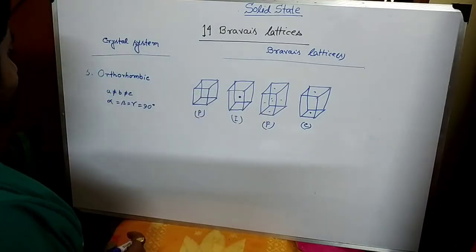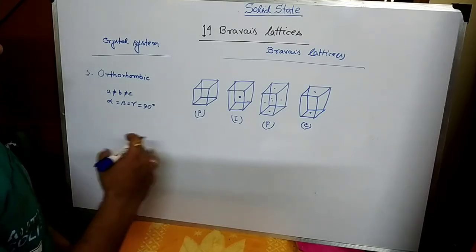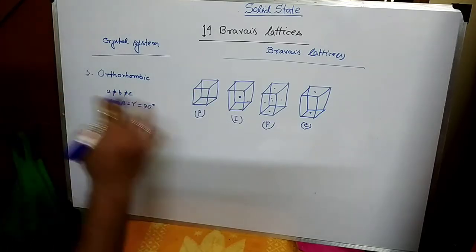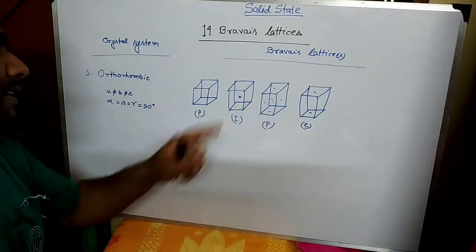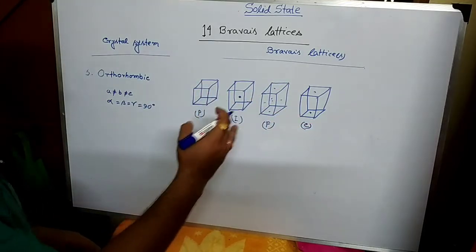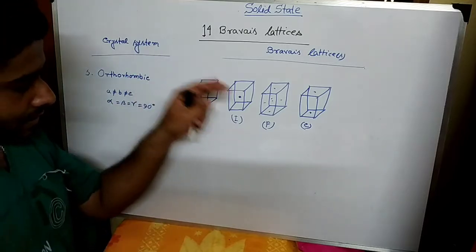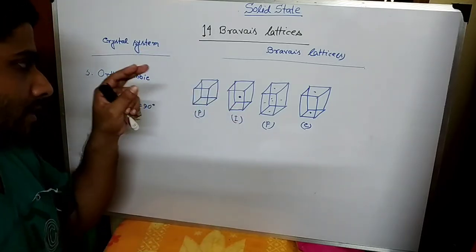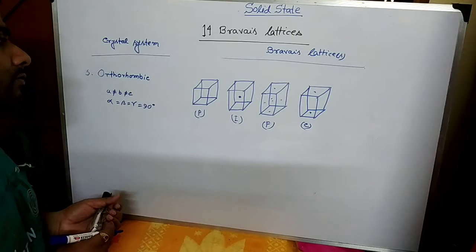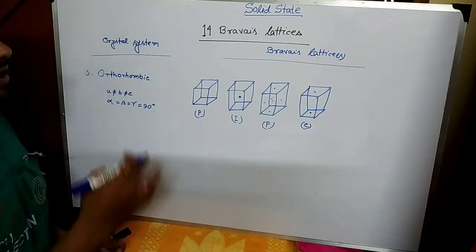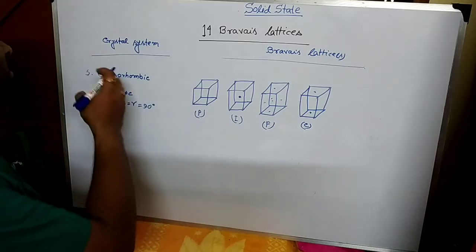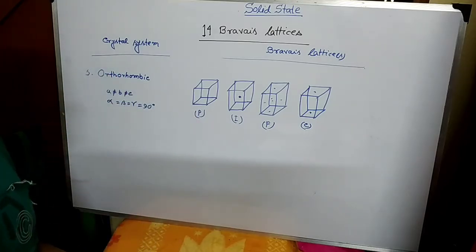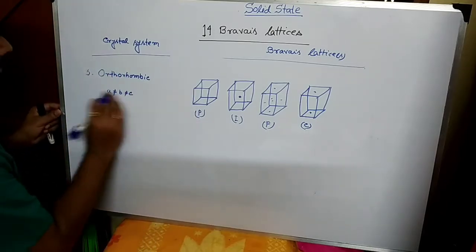Why does this orthorhombic belong to 4 classes? Because all the symmetry elements are permitted by these lattice points. The lattice point systems are allowed by the minimum symmetry of this crystalline system. So the next category is